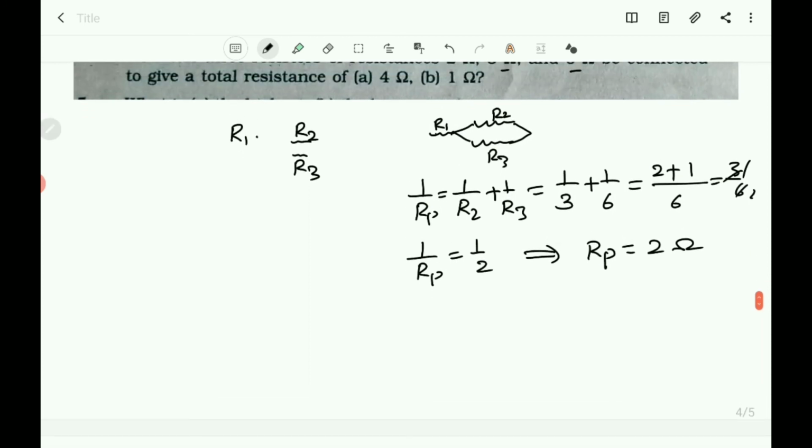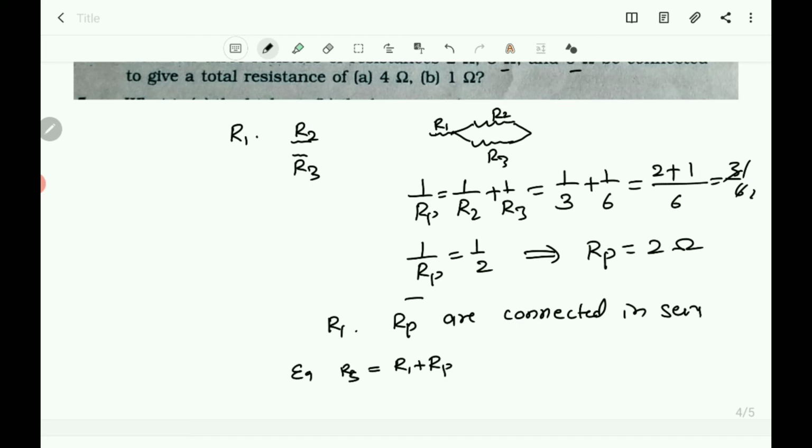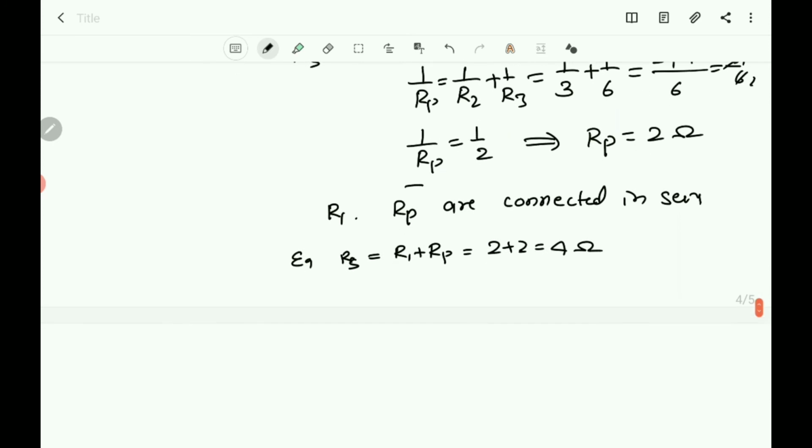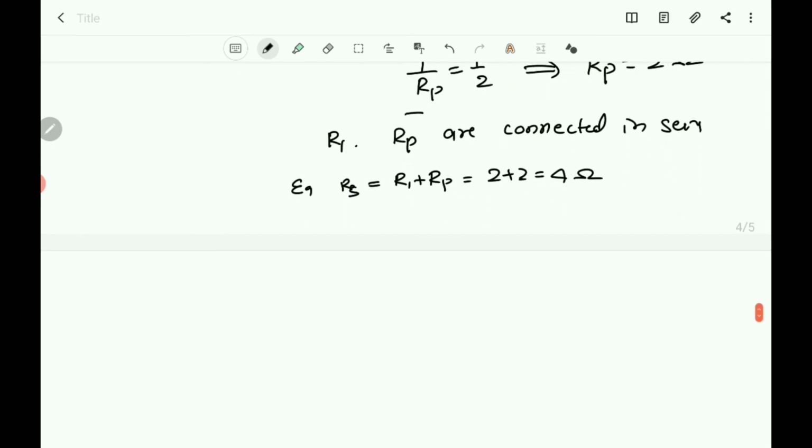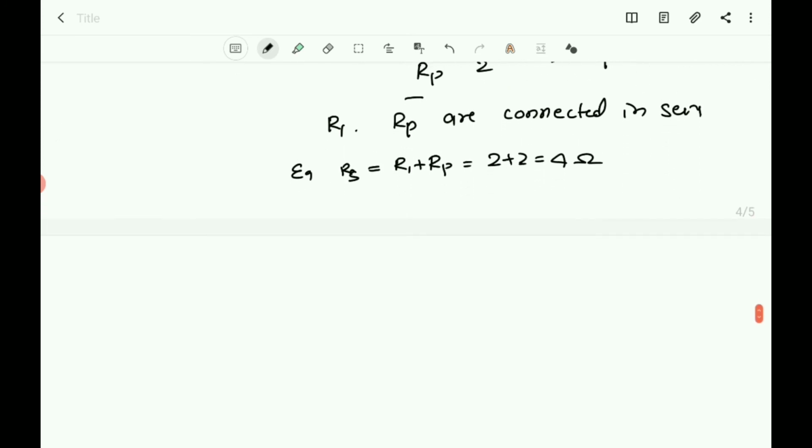Then here, R1 and RP are connected in series. Then the equivalent resistance is equal to R1 plus RP, that is 2 plus 2, which equals 4 ohm. So what you can write here, the answer is: by connecting we can obtain total resistance of